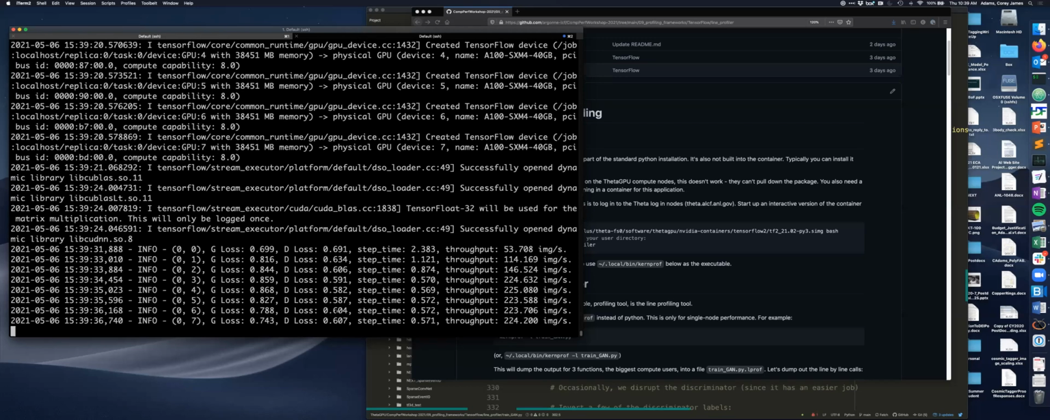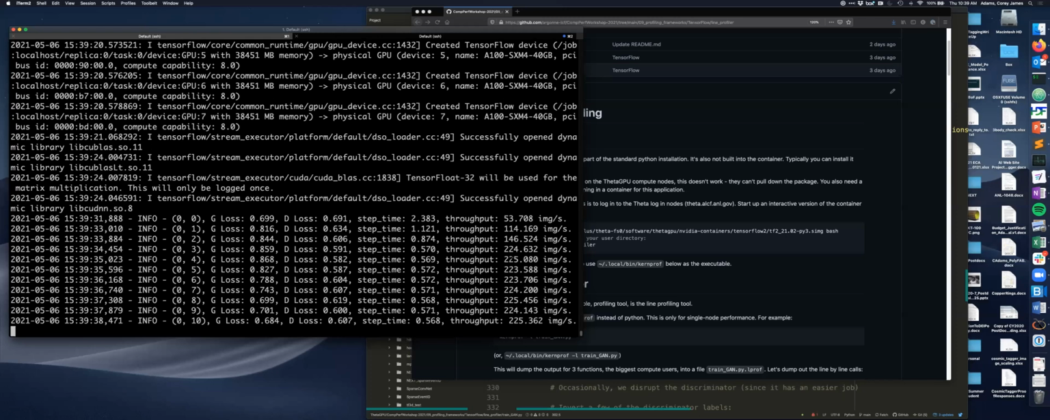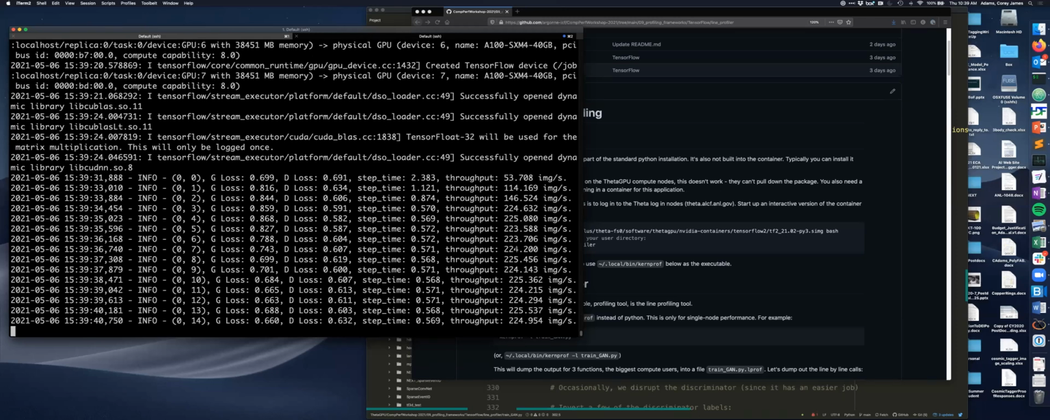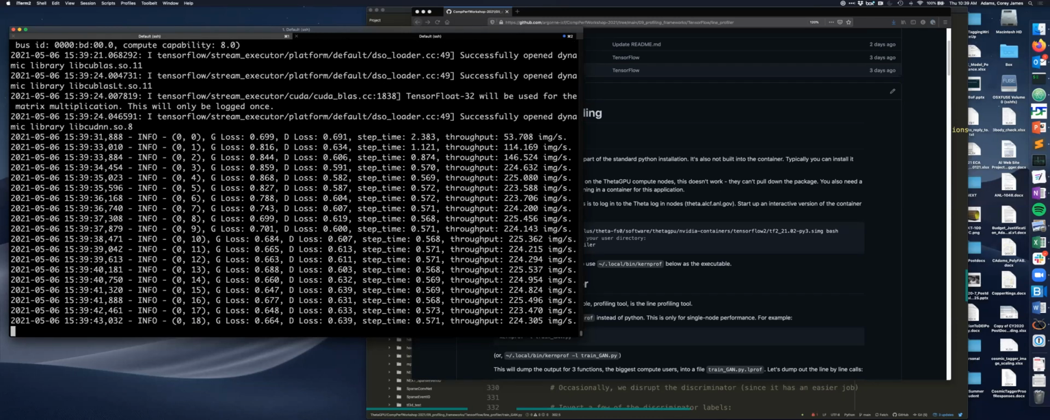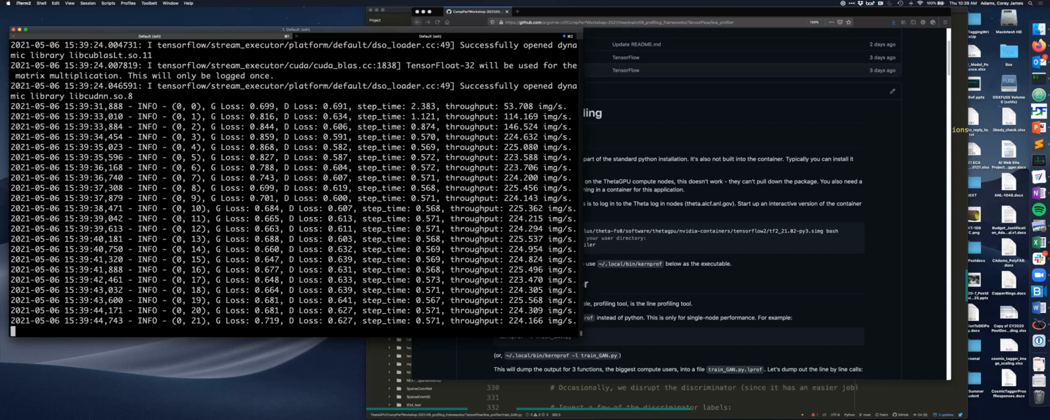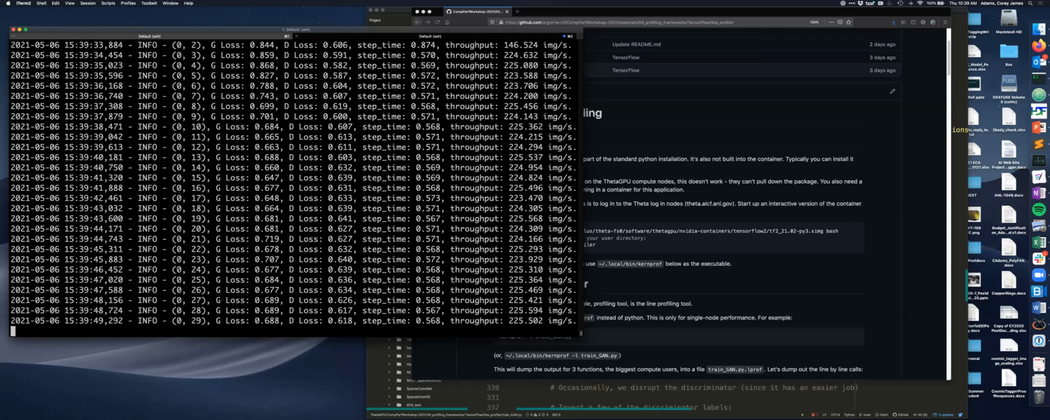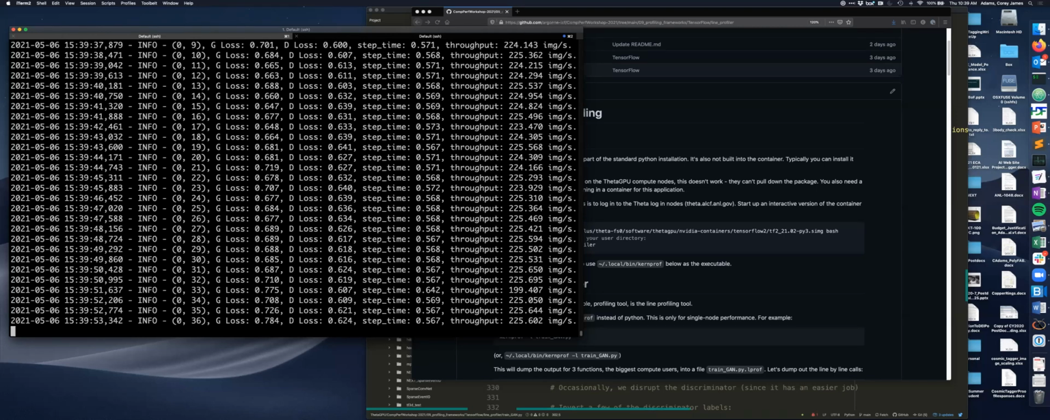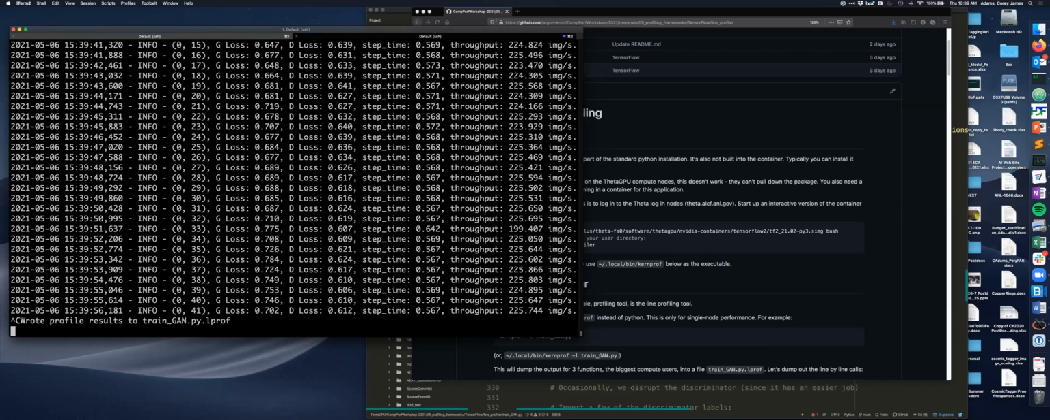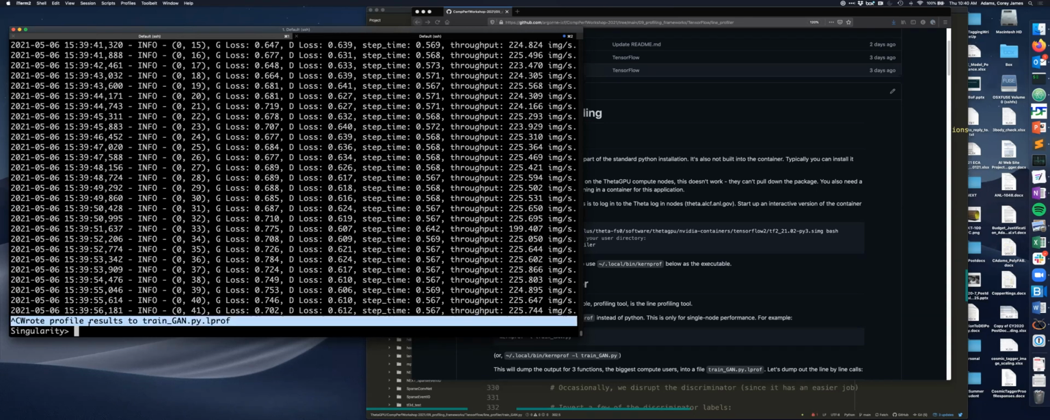So if you recall, the main script was about 237 images per second. Now we're at 224 to 225. That's expected because profiling does have a little bit of overhead. So we're getting a slightly reduced throughput overall now that we've added the profiling. So this is almost completed an epoch. I'm going to go ahead and Control C. Gave me this note that it wrote the profile results to